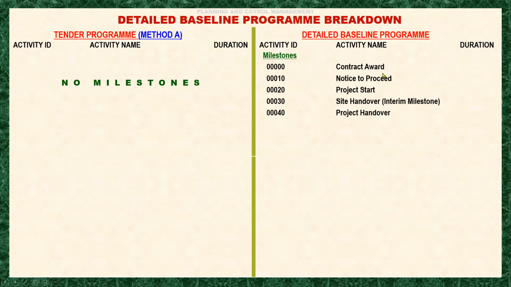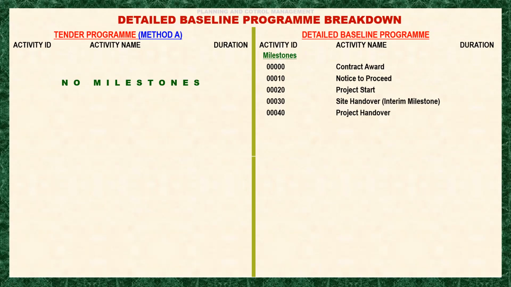When we say contract award, assuming our tender program won the bid, the project sponsor will have to send a letter for the contract award, stating that the project was awarded to the contractor,